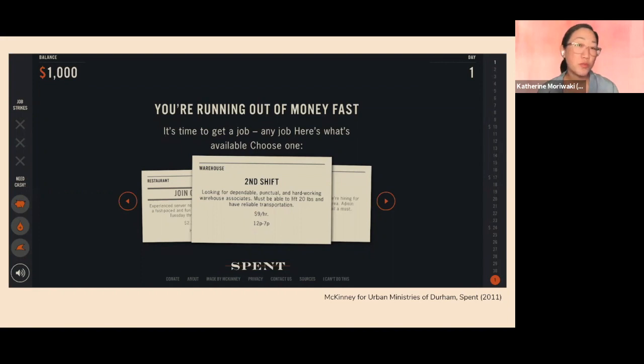So this next project investigates poverty and is actually a simulation game to try to generate empathy for individuals who might not have financial resources, and to help people understand what it's really like to experience poverty. This was created by McKinney, which is an advertising design agency for Urban Ministries of Durham. And through playing this game, you're meant to see how poverty is actually less of a result of poor choices,